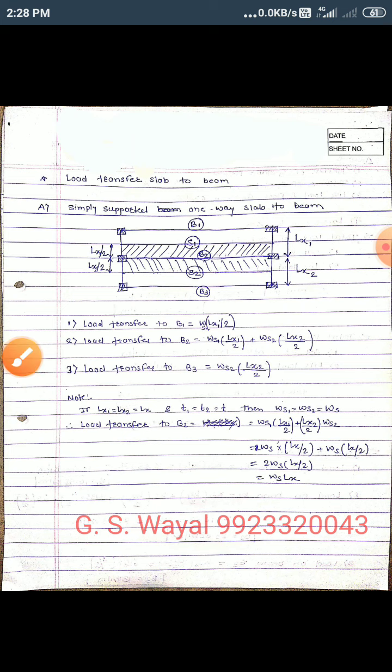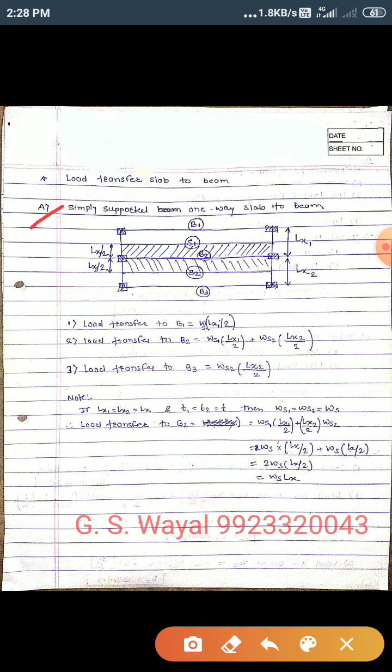First we will see how the load is transferred from a one-way slab to a beam. Here we are considering two types of beam, first is the S1 beam and the S2 beam. Now the S1 beam is resting on B1 and B2 slab, while the S2 slab is resting on B2 and B3 slab. When we consider the S1 slab, it transfers half of its load to the B1 beam and half of the load to the B2, as they are one-way slabs.